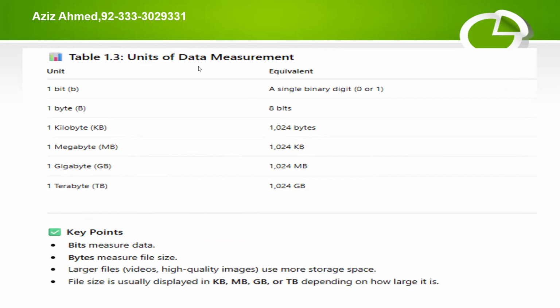Now see, a bit is a single binary digit, 0 or 1. So 1 byte, as I told you, is 8 bits. 1 kilobyte, we call it KB. It's 1024 bytes. 1 megabyte,